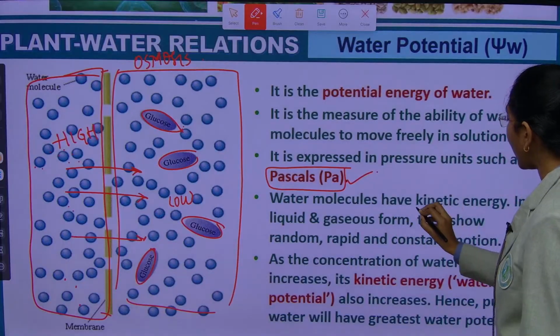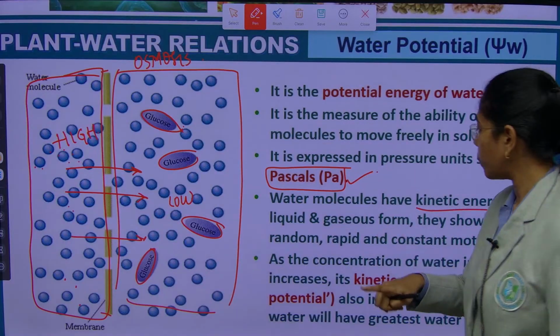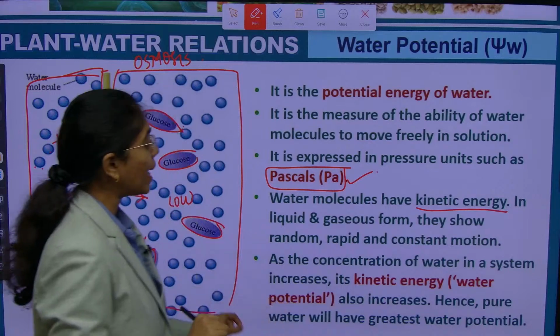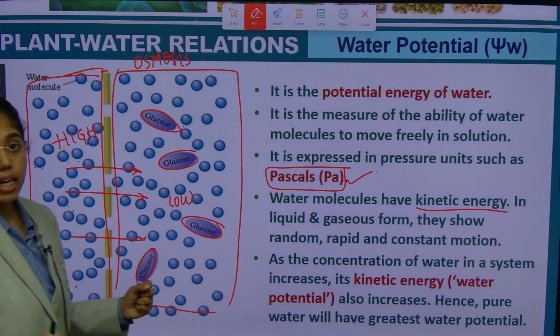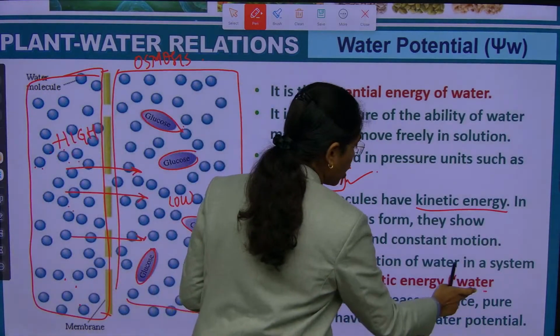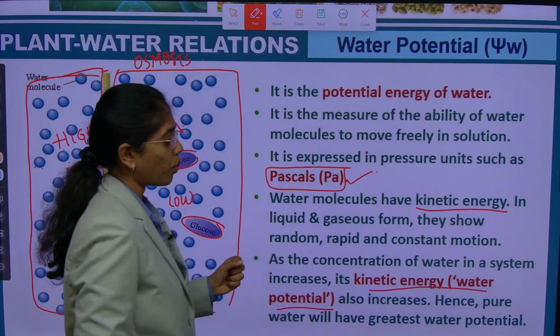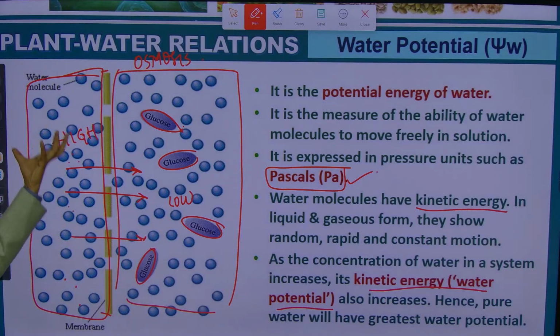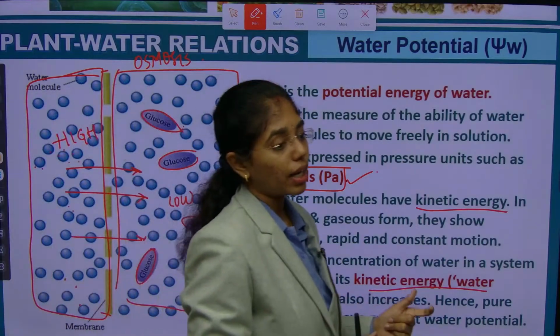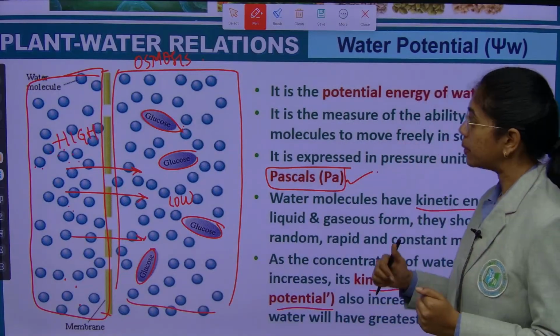Water molecules have high kinetic energy in liquid and gaseous form. They show random and rapid constant motion. As concentration of water in a system increases, kinetic energy or water potential also increases. Hence, pure water has greater water potential. Clear till here? Any doubts anywhere about water potential, ma? Clear, right? Now,